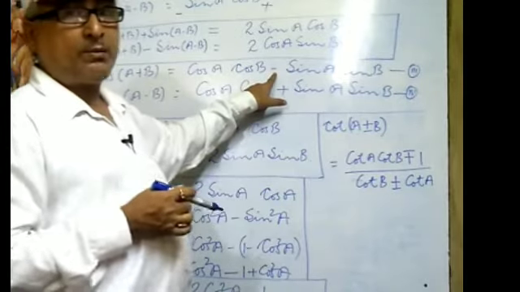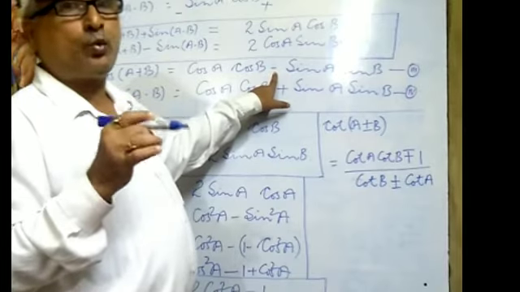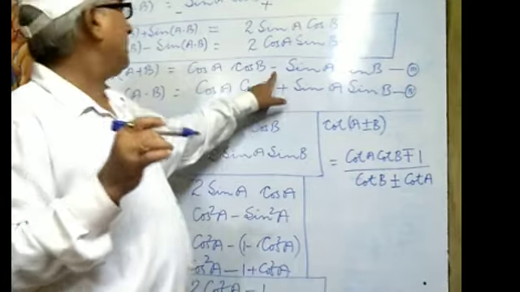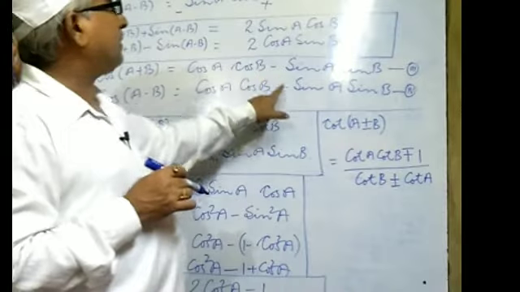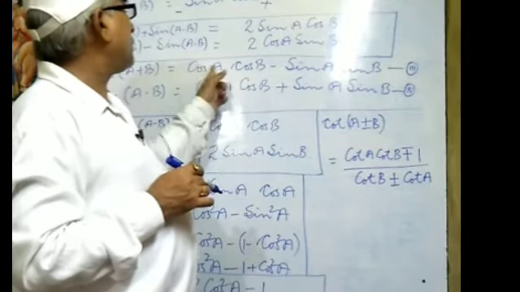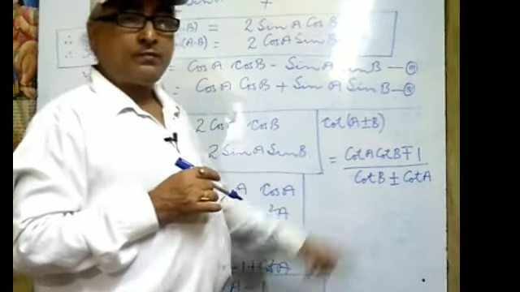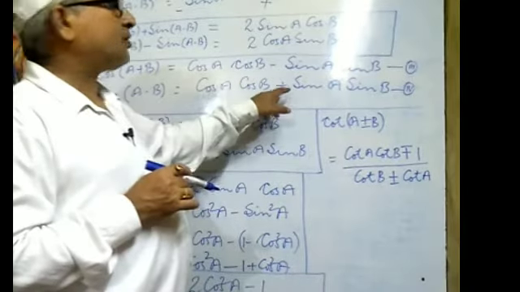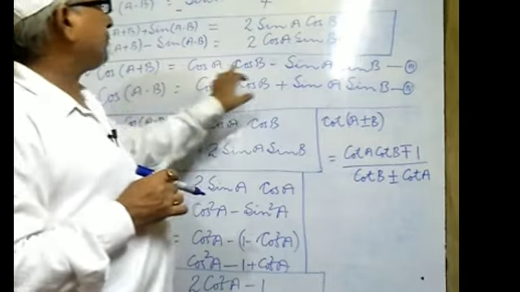These are remarkable points, just turning points. You have to keep them in your mind and correlate these identities or formulae. If plus is there, ultimately here it is minus. If minus is there, ultimately it is plus here. The rest of the terms are similar: cos A cos B, cos A cos B, sin A sin B, sin A sin B. Only the change of sign is there.